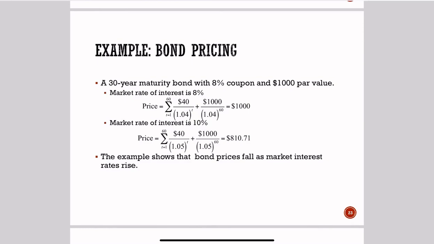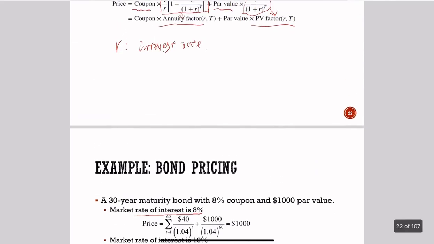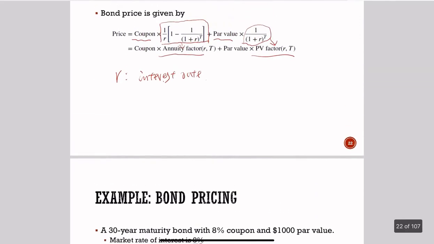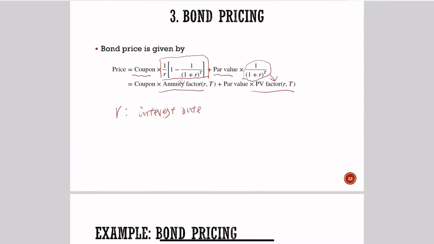Let's say the market rate of interest is 8%. Now we want to calculate what this bond price is, right? Very easy, at least it's very easy. What you need to do here is plug in coupon payments, interest rate, and par value. That's it. But